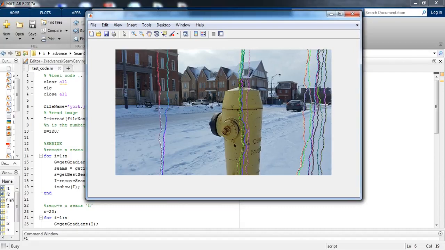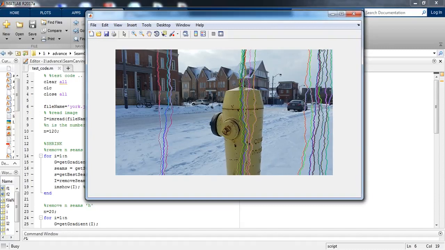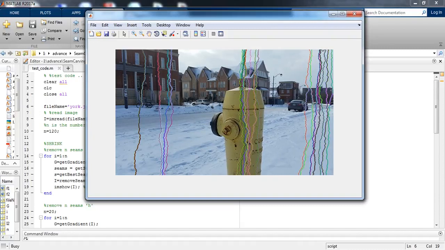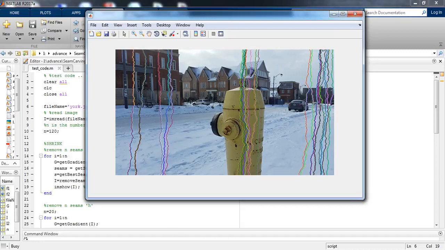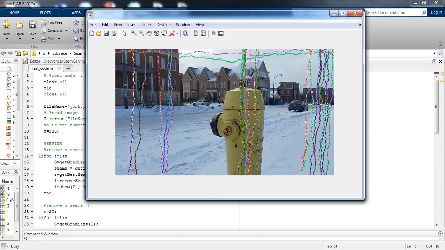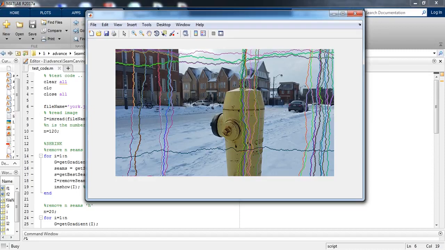Firstly it is horizontally, firstly it is vertically. Now it started horizontally.